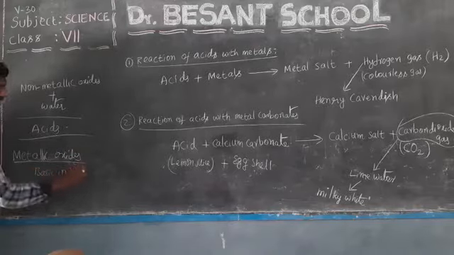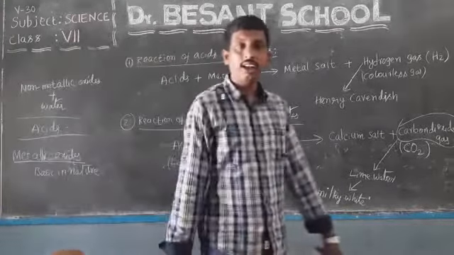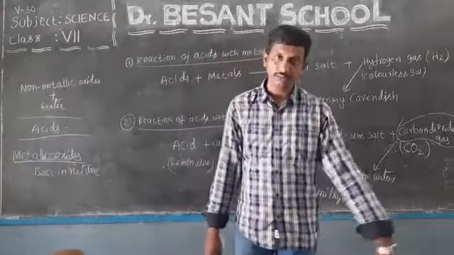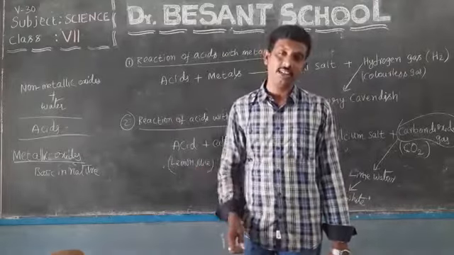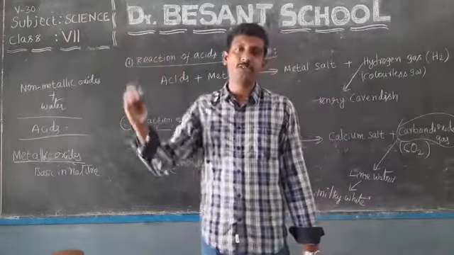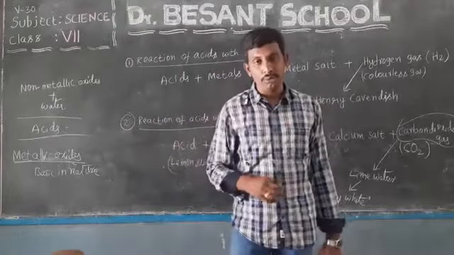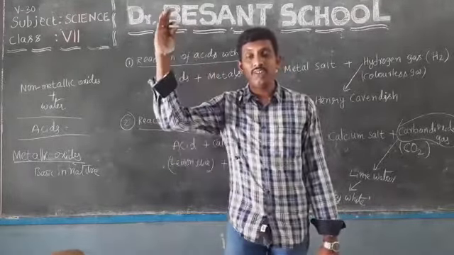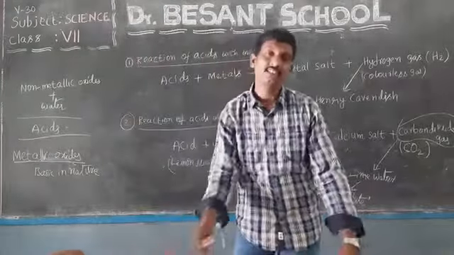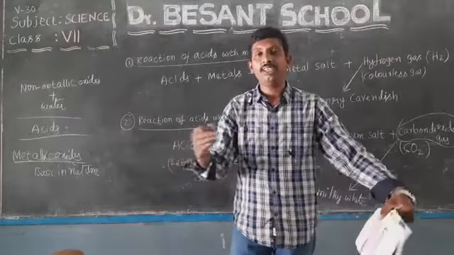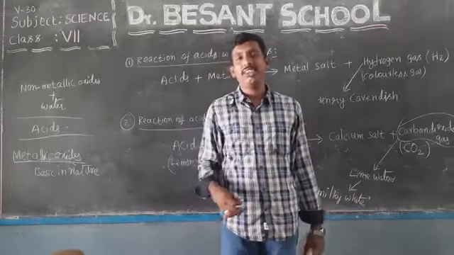Basic in nature. So if you speak about the emissions from the factories and vehicles, they are mostly non-metallic oxides: sulfur dioxide, carbon dioxide, nitrogen oxide, nitric oxide. These gases, when mixed with the atmospheric oxygen and moisture, convert into respective acidic compounds. So whenever there is a possibility of rain in those regions, they fall down directly onto the earth's surface. They may fall onto water bodies, agricultural lands, or historical monuments everywhere.